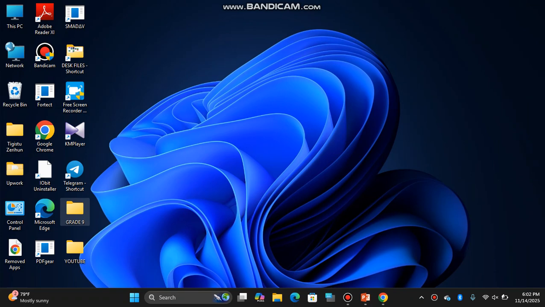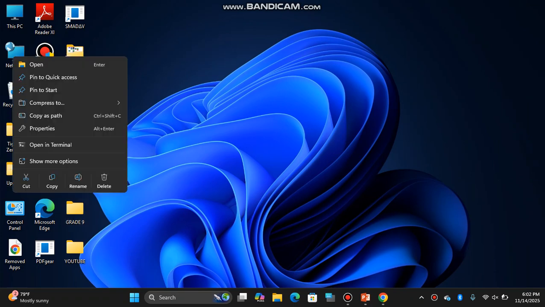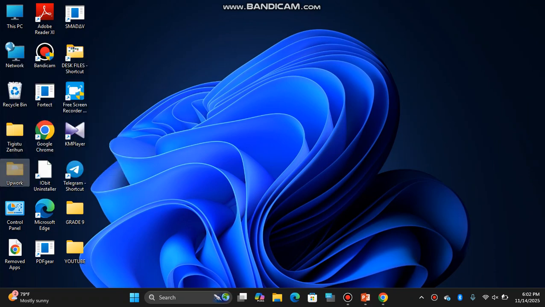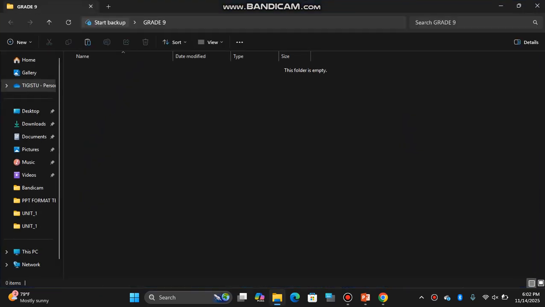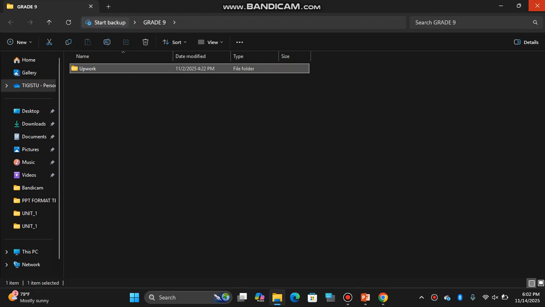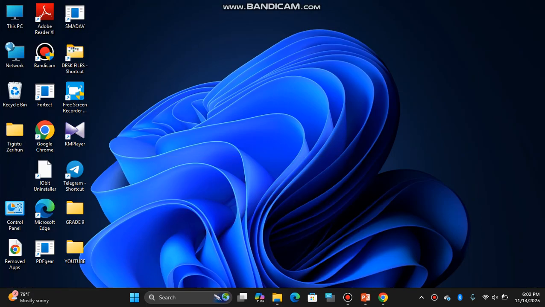You have here an Upwork folder, right click. Simply right click, cut. Then come to here grade 9 folder, then right click paste. You can also use Control X, first selecting the file, then Control X, then minimize, Control V on the desktop area.